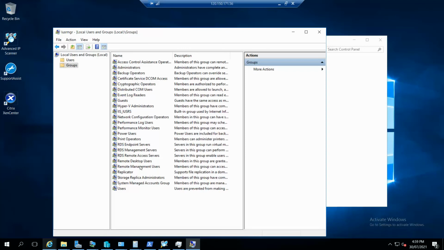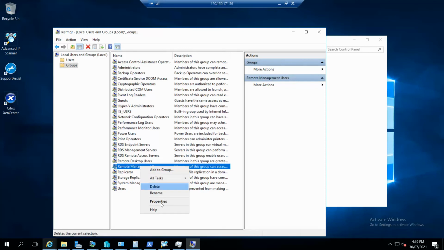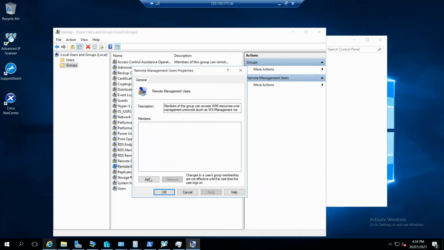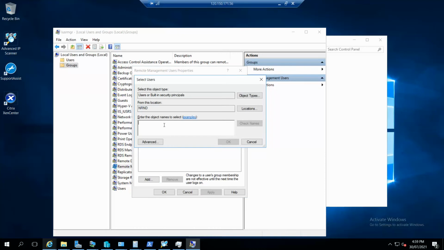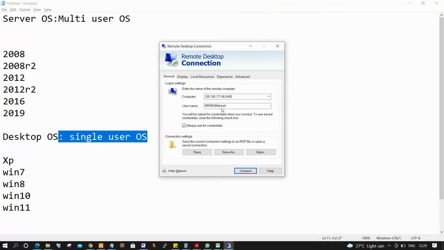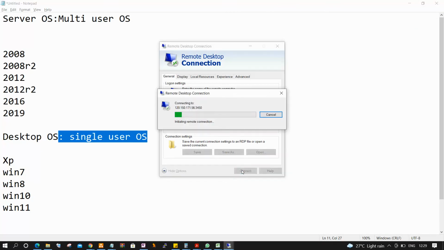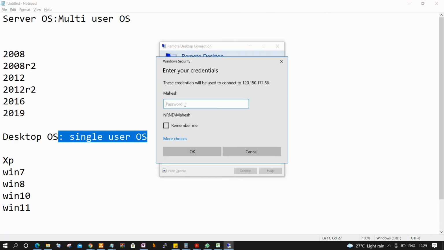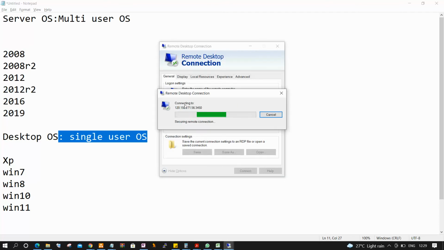Next, remote management users. So I'm providing the full administrator access, guys. Apply and OK. So now I'm trying to connect from my system. Now it is asking for the password. I'm entering the password. Hit OK.